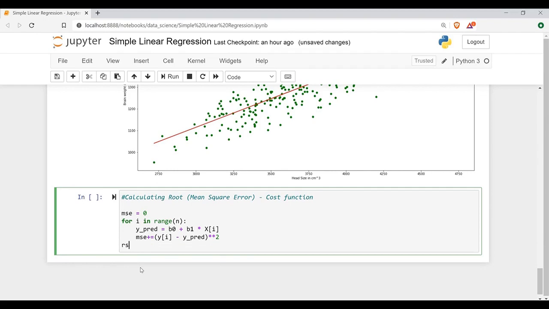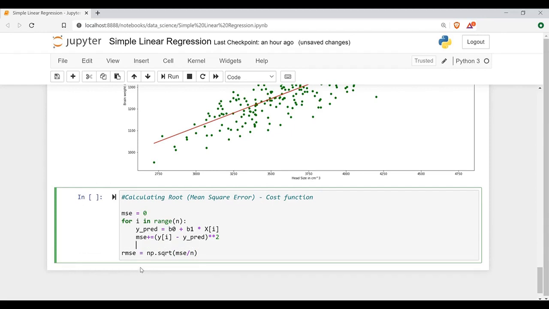I'll take the root mean square error, RMSE, as np.sqrt of MSE divided by n. Whatever MSE values we are getting, we just have to divide by n. Or I can write it like this, which would be better: MSE is MSE divided by n, and the root mean square error RMSE would be np.sqrt of MSE.